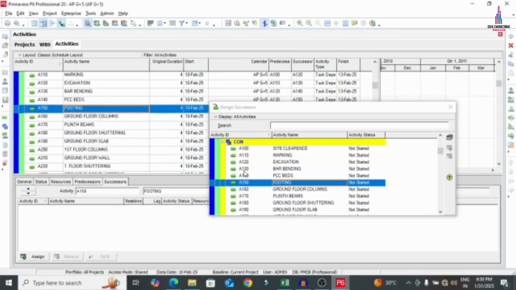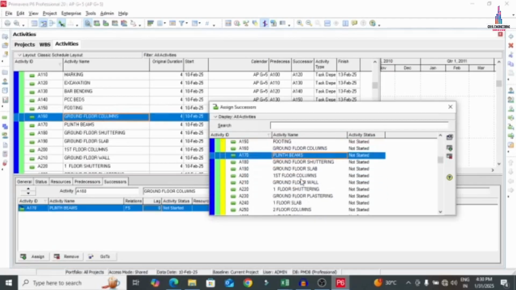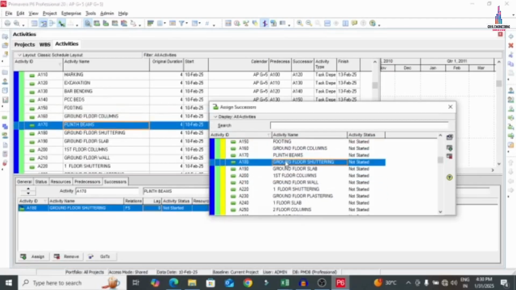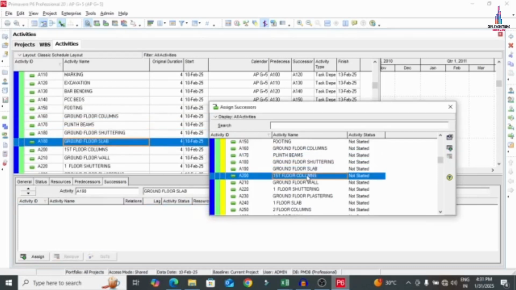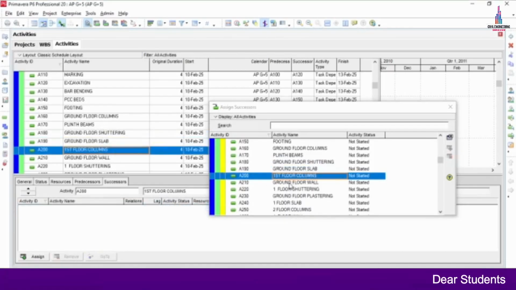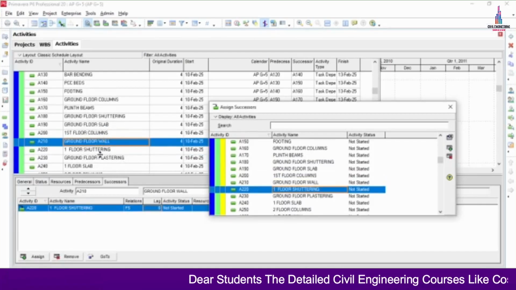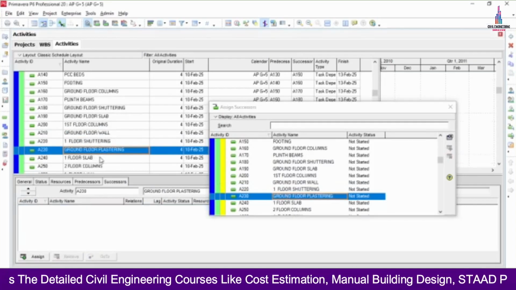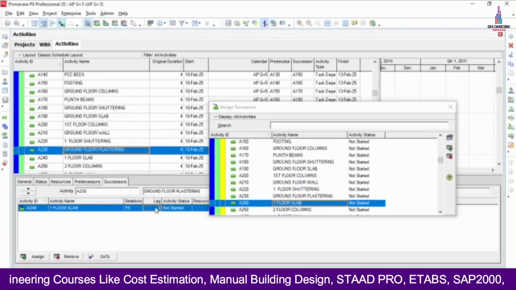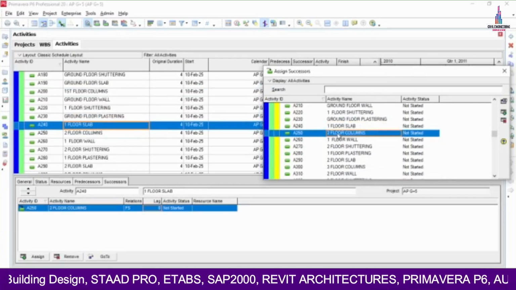Again in the same process, footing, then I am taking ground floor columns, plinth beams. For the plinth beams, I am taking ground floor shuttering, ground floor slab, first floor columns with the lag as 3 days. You can consider first floor columns. I am taking ground floor walls. So ground floor wall, then I am taking first floor shuttering. Successor is ground floor plastering. Ground floor plastering, first floor slab with the lag, I am taking as 3 days. First floor slab, then second floor columns,